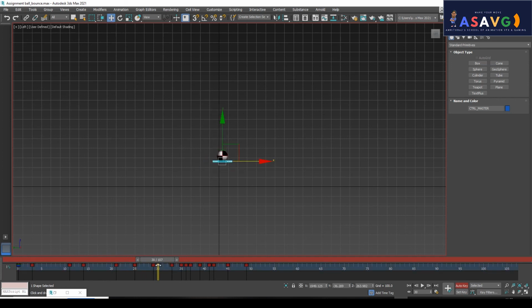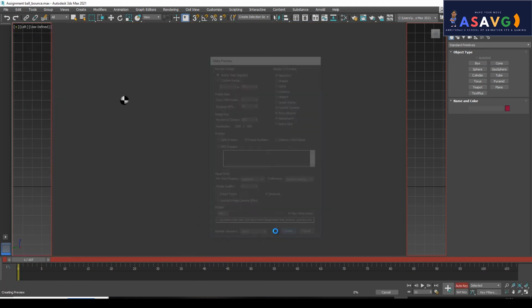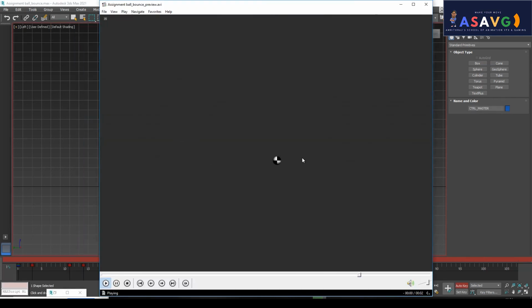I don't want this key, so I'll be deleting this one. So it should be up, up, and down should be on more area. So I'll be selecting this keyframe, and like this, down. Okay, so from this area I'll be making a playblast. I'm not checking from this area, so I'll make a playblast, create preview animation. Understand? Yeah, now it's working, right?